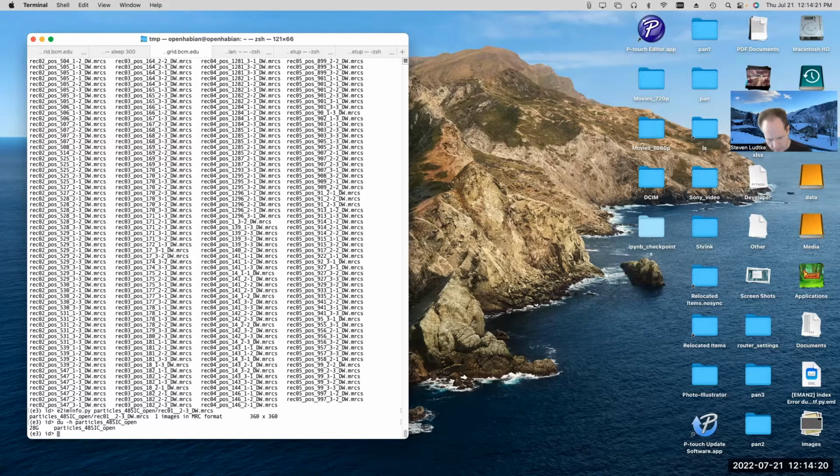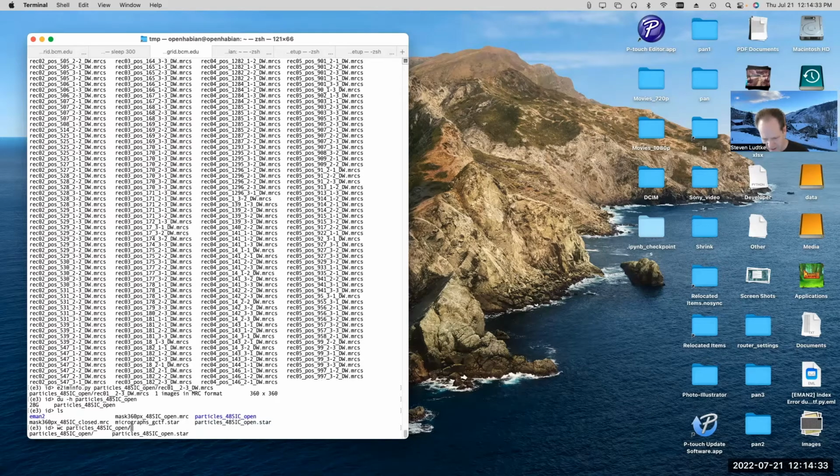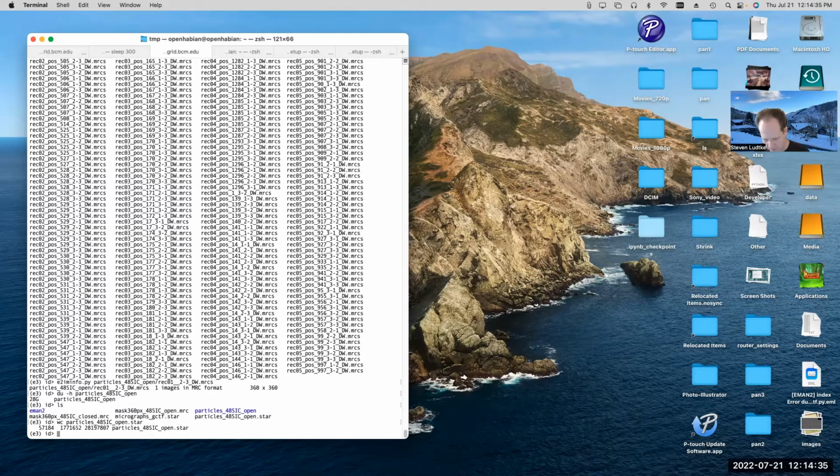So you can see the data is 28 gigabytes total. And we also have the star file associated with the data. If we do a wc on the star file, we won't get an exact count of particles because there's other stuff in the star file too, but we get a rough count of particles that way as well.